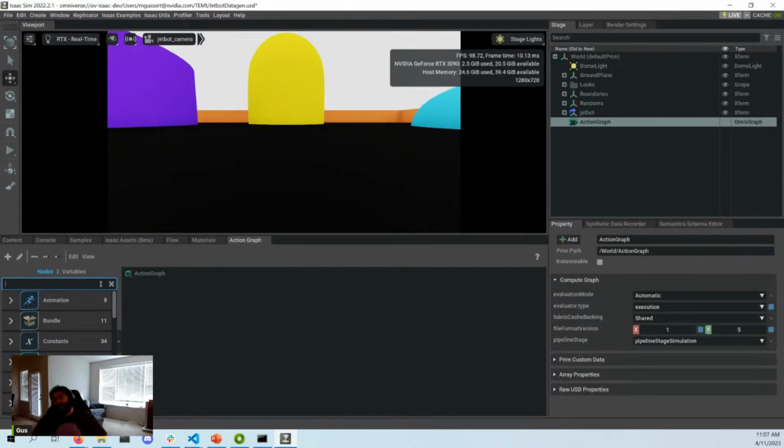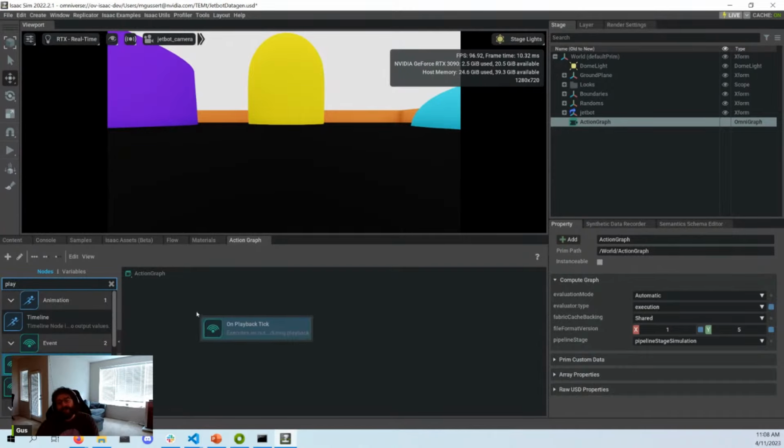What I want is on every tick, so when I hit playback here and run the simulation, and I have my controller controlling the robot, which I don't have right now to show. But if I did, we'd want every single time this playback tick occurs, which means that the simulation is stepping forward through time and physics is happening and playback is occurring, to take the image from the camera, pass it to this model, and get the result. That first thing is called an